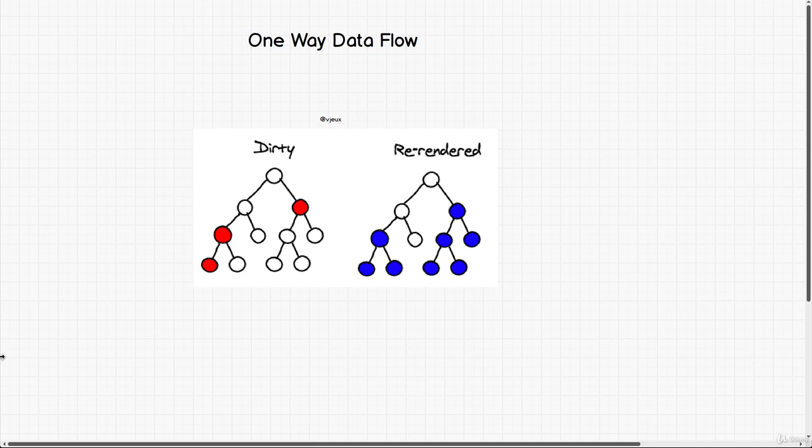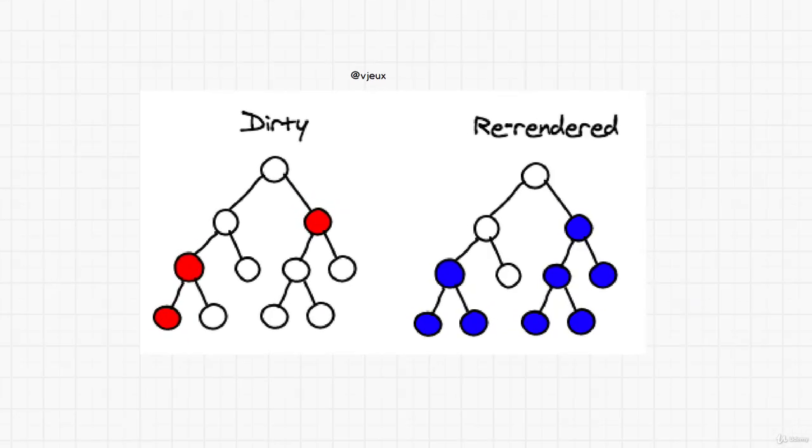The best way to describe it is by looking at this tree-like structure. In here, you see that we have a parent, some children, and then those children have their own children, and those children have their own children. And the idea with React is that data flows from top to bottom and never the other way around. That is, if these red, let's call them components, change, well, in that case, only their children know about the change. The parents don't really care about the change because the direction of the data flow is just always